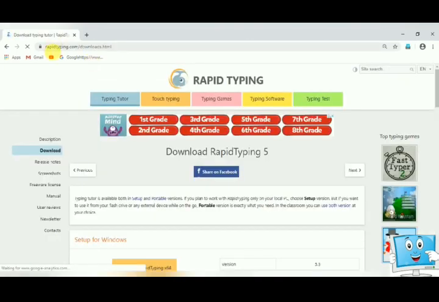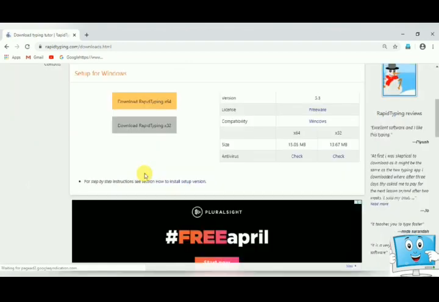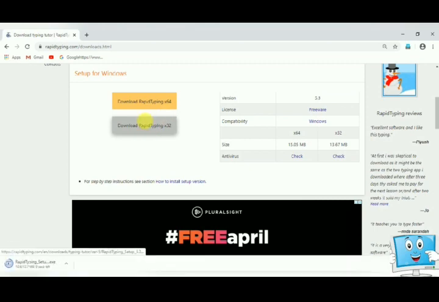It will open the website of Rapid Typing software. Now move the page a little down, and here you can see the setup for Windows. One is for the 64-bit processor, the other is for the 32-bit processor. Download according to the properties of your computer, and below you can see the setup is getting downloaded.